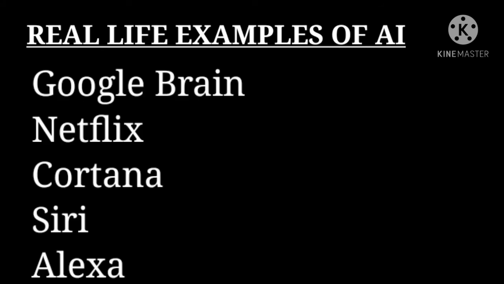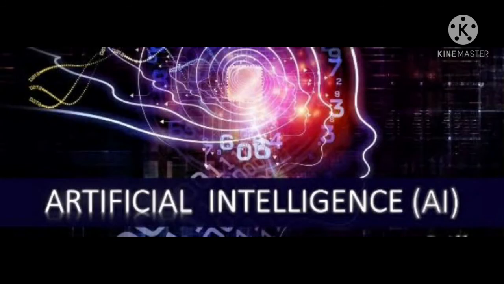And finally, the real life examples of AI. So, we all know different examples of AI, and in your textbook also different examples of AI are given. So, which are they? Netflix, Walmart, Cortana, Google Brain, BMW, etc. Okay, so just go through all the examples. Okay, just keep it in your mind. So these are the different important topics of the first chapter.